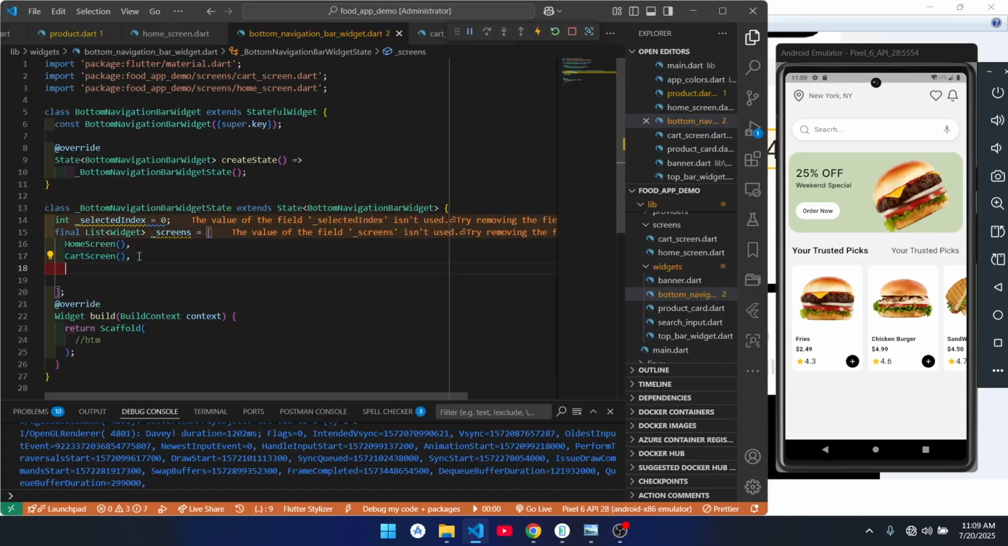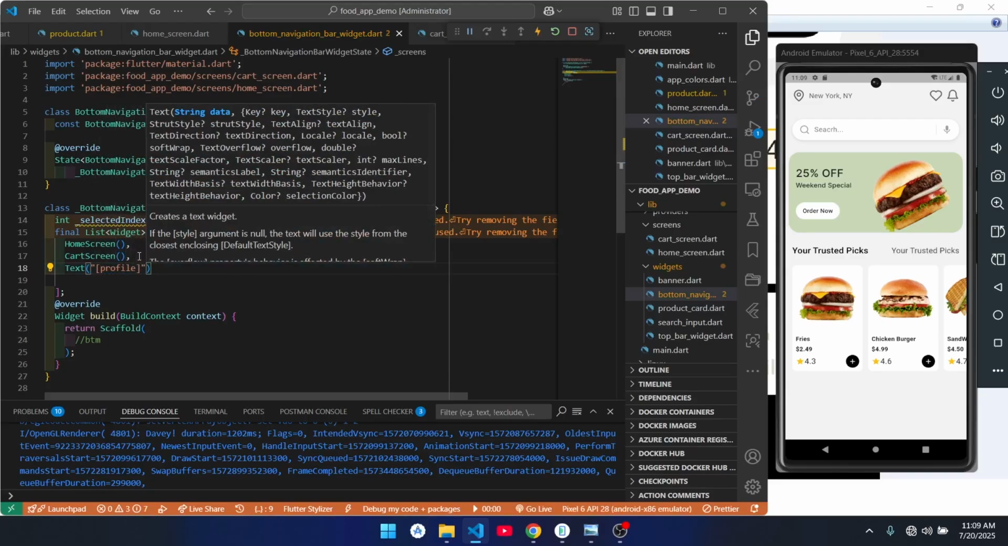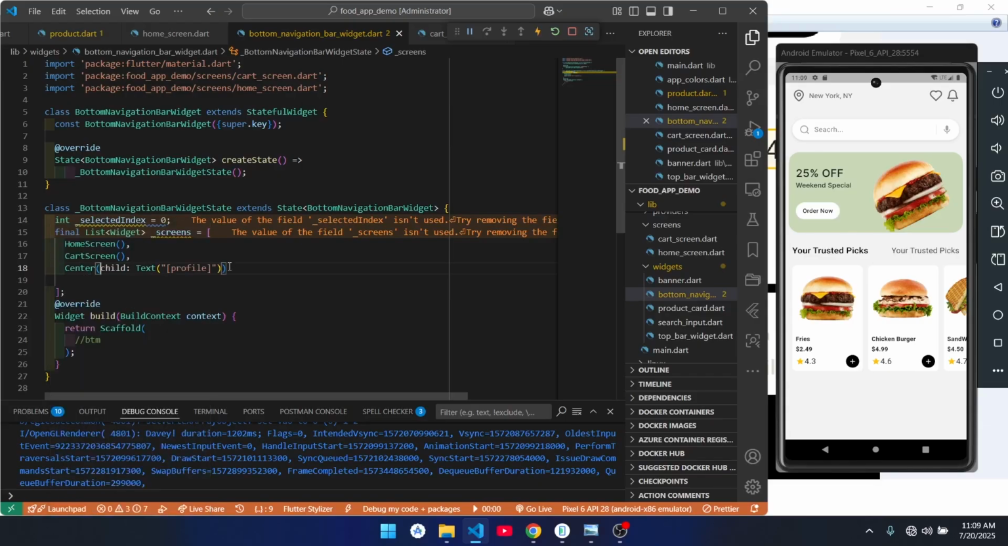Then the next thing is we're just going to simply have a text widget, which we're going to say profile. All right. So this is it for now. Then we can actually just center this. So say center. Okay, profile. All right, so next thing is we're going to have a function that is going to